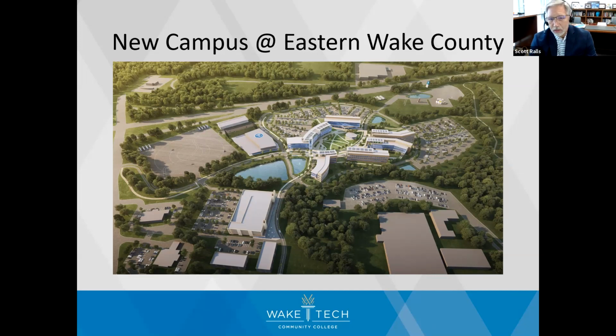And then the facility to the top right is what we call our Tech 4.0. That'll be very much focused around electronics and automation, programs like mechatronics and robotics. Also, our biopharma technology program will move out there. You can see in the distance some cell towers, greenhouses. Greenhouses will support a bioag-related effort that ties in with RTP.